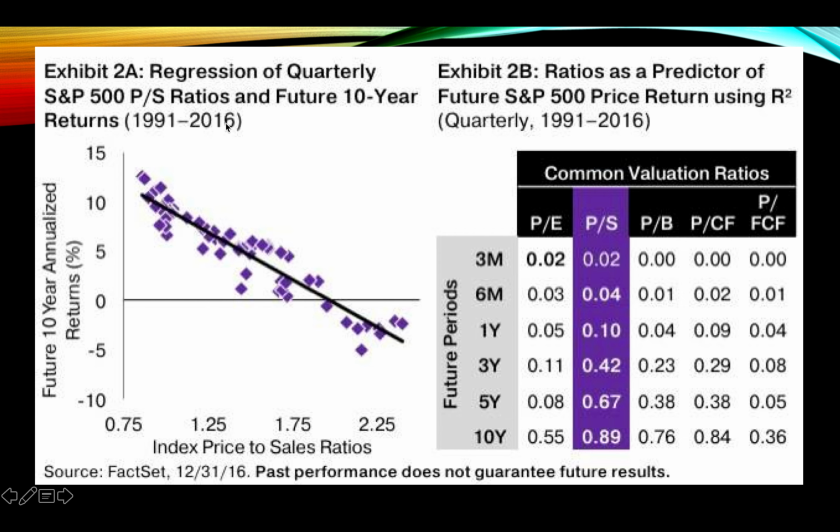Here is price to sales ratios. Price to sales is often said by some to be the best predictor of future 10-year returns or even 15-year returns, and this graph kind of illustrates that. Here's the ratios as a predictor over a 10-year period of time. Much stronger predictive value for the price to sales ratio. But price to cash flow and price to book are pretty strong as well. Price to free cash flow, I'm surprised that is so low. Price to earnings, I'm not too surprised, because prices and earnings can both fluctuate greatly.